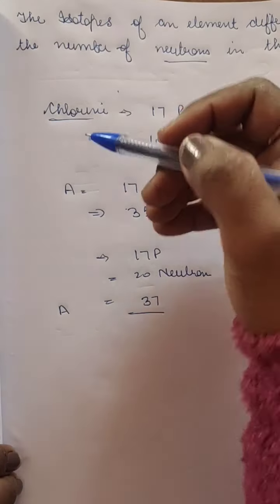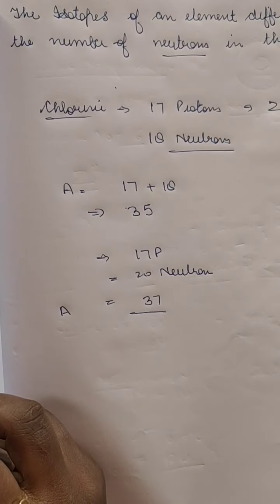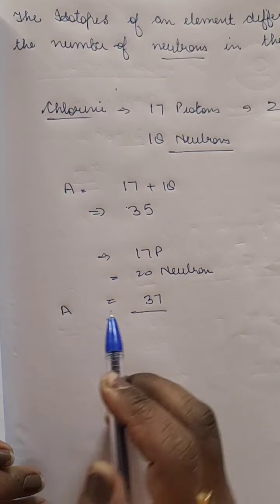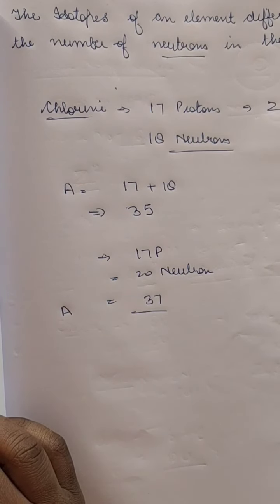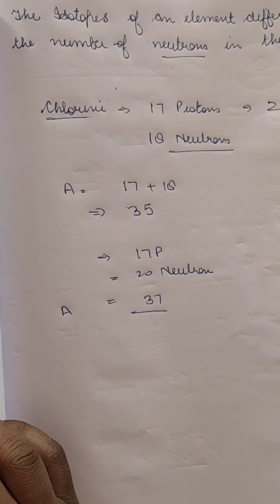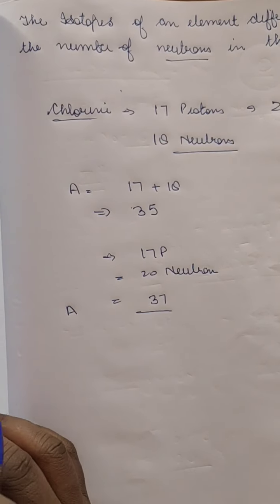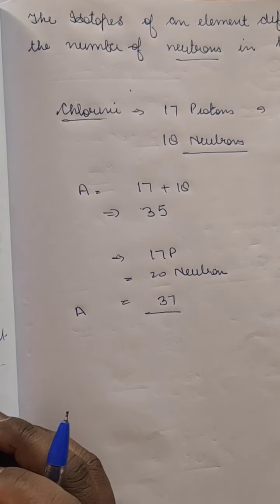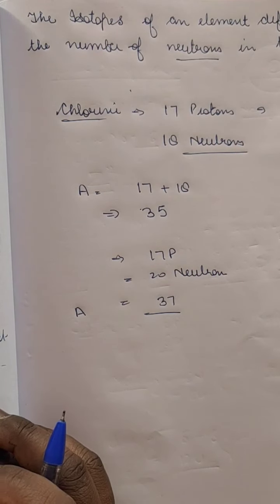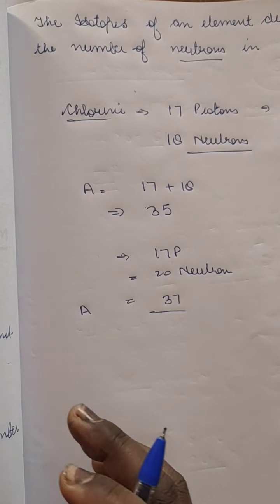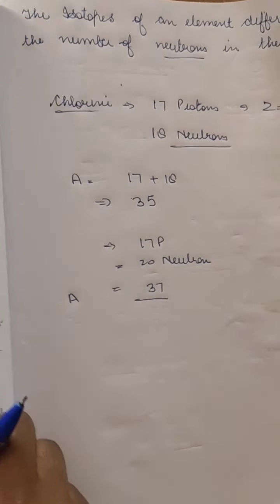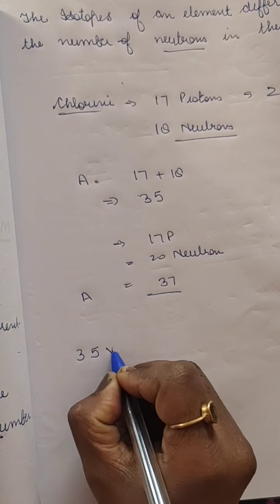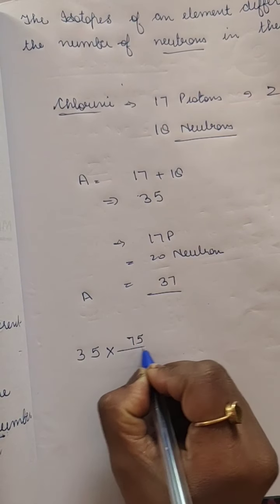Okay, so since here the chlorine atoms are of the same element, having the same atomic number but different mass number, these are called isotopes. So these chlorine isotopes have the same atomic number but different mass number. That is why the mass number of chlorine is taken as an average. The average is taken like this: 35 into 75%